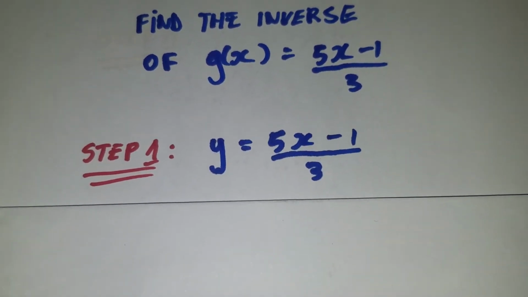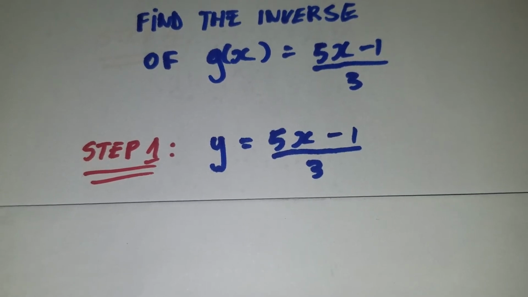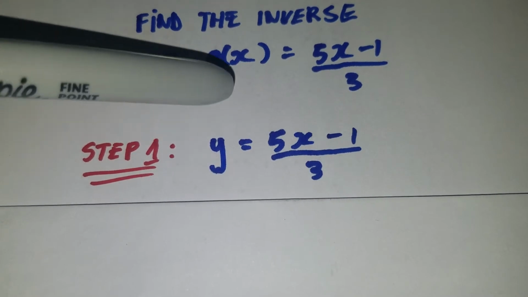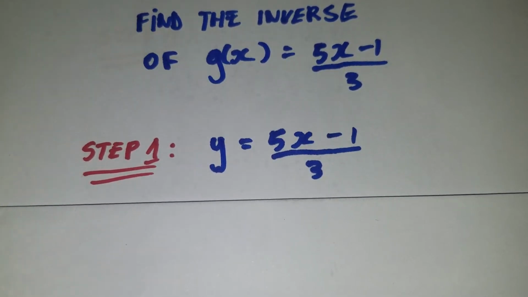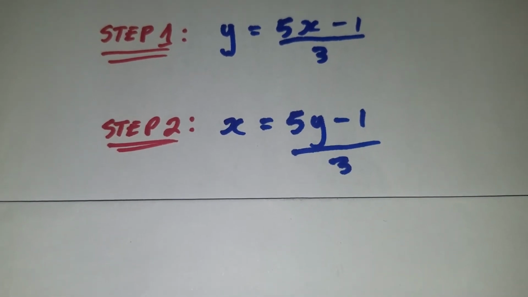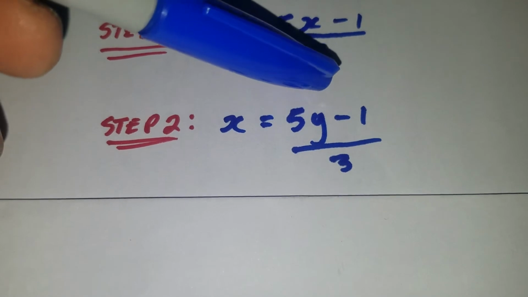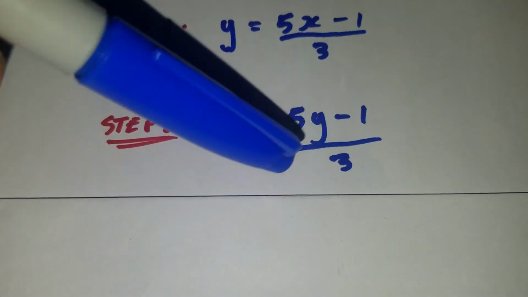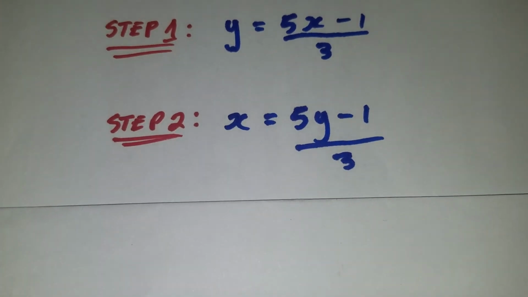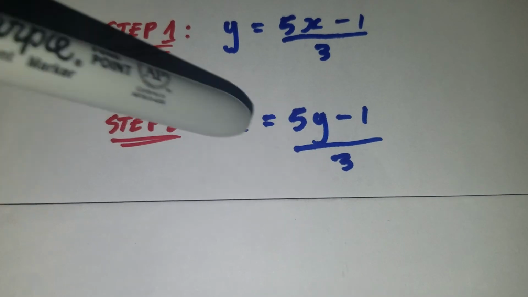That's step 1. Now step 2, as we did in the previous video, we are going to interchange y and x. So instead of putting y, we're going to put x, and instead of putting x, we're going to put y. And that will be step 2. Now from step 2, what we have to do is ensure that we make y the subject of the entire equation, right? So to make y the subject, what we have to do is say x times 3,